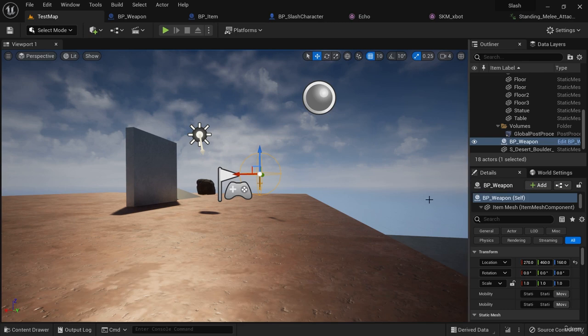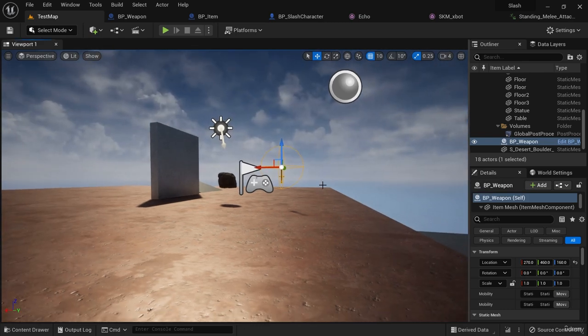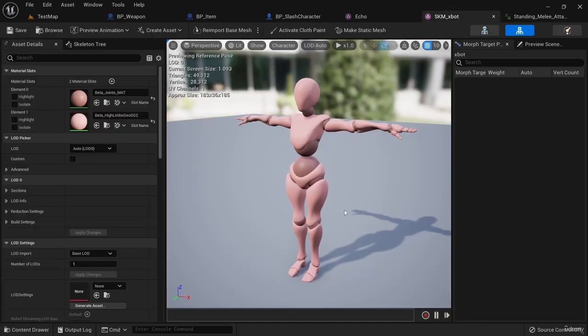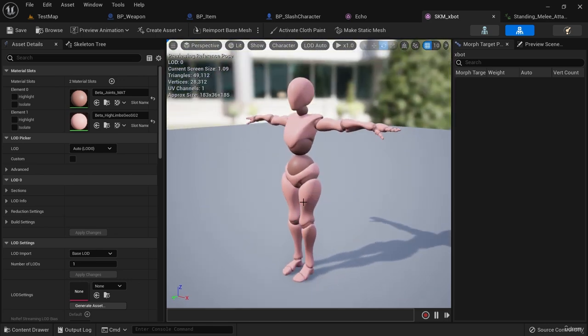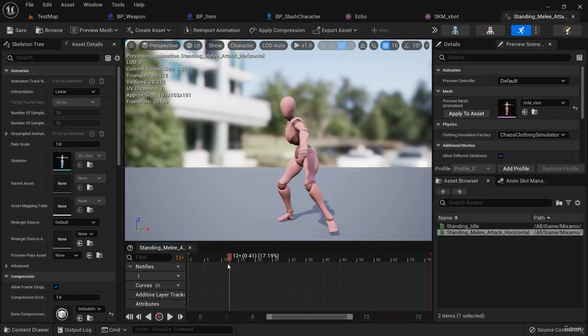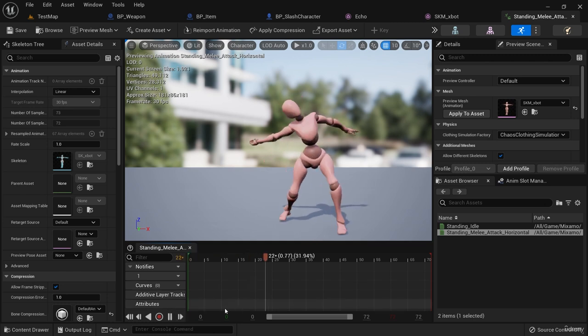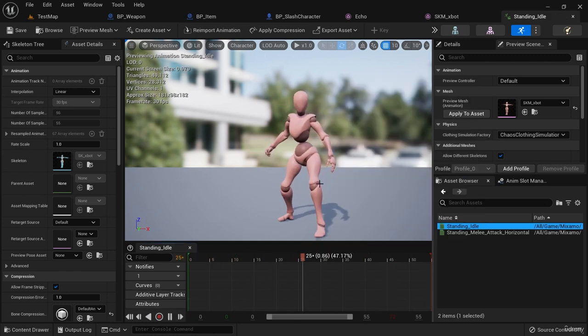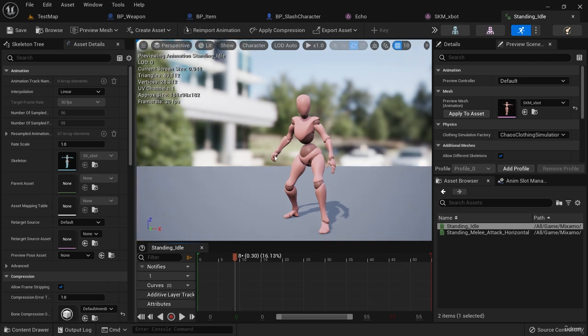Welcome back. Now we have some more assets in our project. We have this XBot skeletal mesh. And along with XBot, we downloaded some animations from Mixamo, such as this attack animation and this standing idle animation. And there's a reason that we had to download the Mixamo skeletal mesh because it's the Mixamo skeleton that these